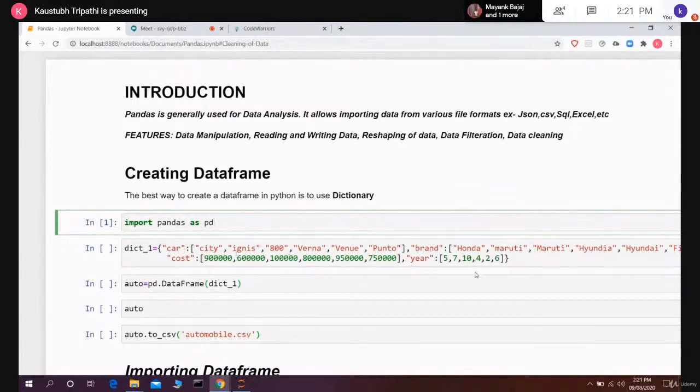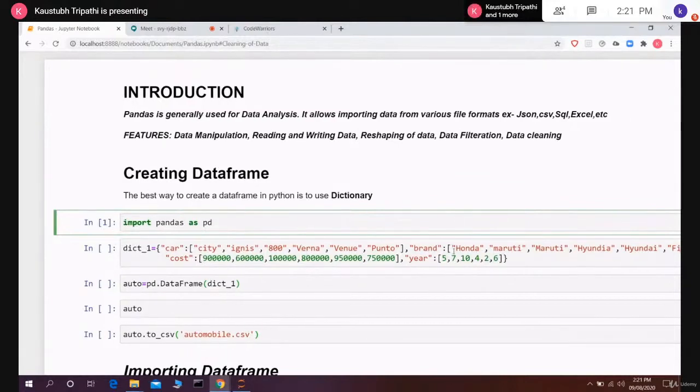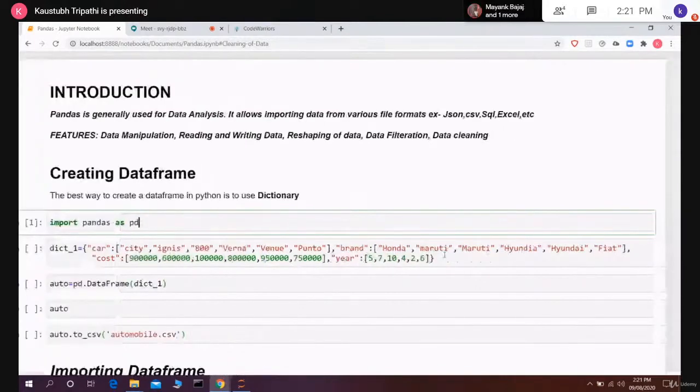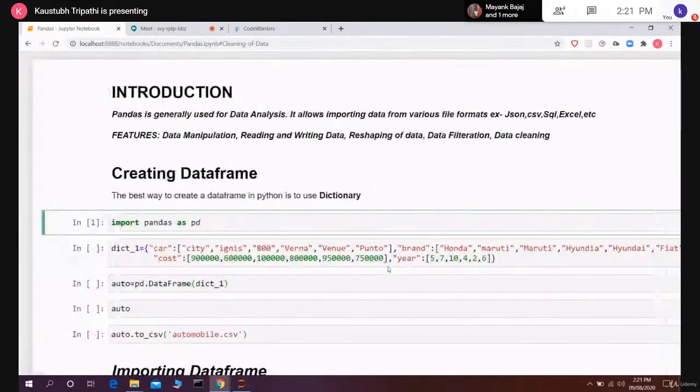Then another key is brand, where I have given the names of the car companies. Then the cost price, I don't know if this is an actual cost price, I just created it. And there's the year, how old that car is. So this is the dataset dictionary I have created. Now to convert this dictionary, I have this dictionary.